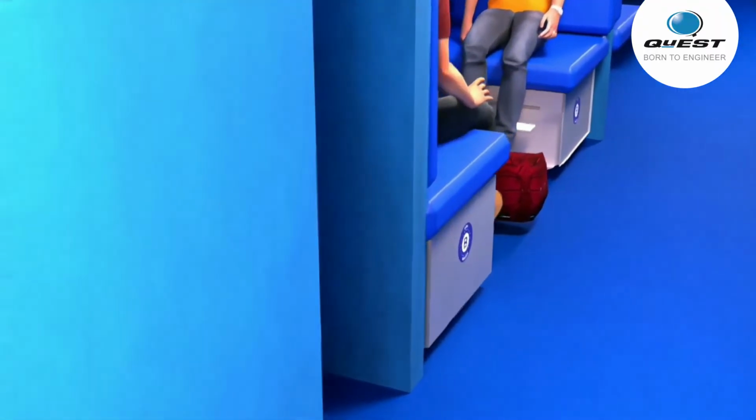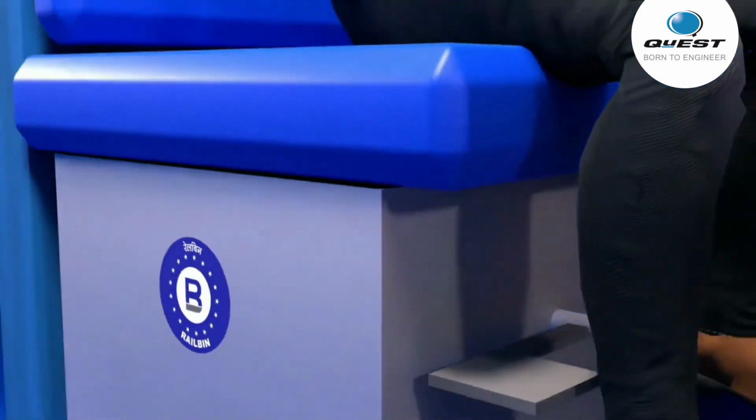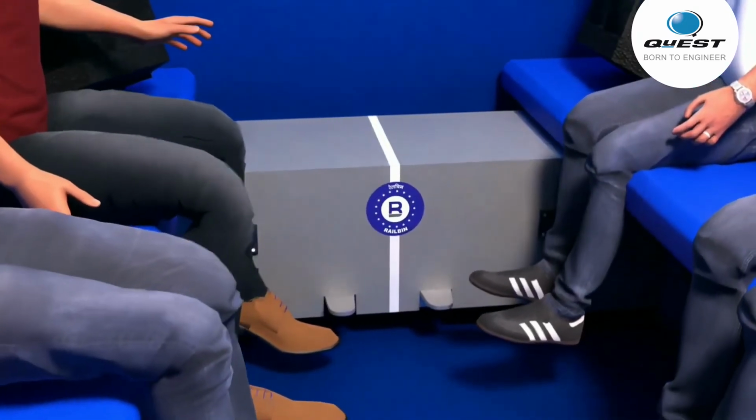In conclusion, I would just say that if everybody obliges to throw waste, not only in RailBin but in any dustbin, and maintain the cleanliness during travels, then one day every passenger of Indian Railways will have a true happy